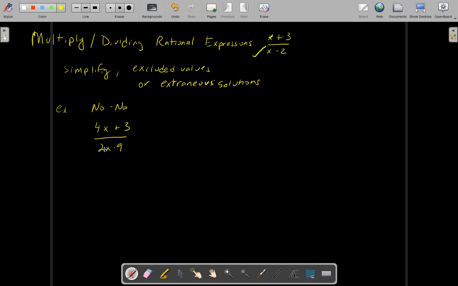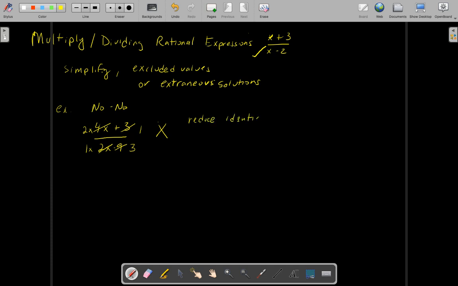probably would see 4x and 2x. I'm like, oh man, 4 divided by 2 is going to be 2. So I can reduce this to 2x, and I can reduce this to 1x. Okay, and if I look at this, I got 3 and 9. Those go into each other, so I can reduce this to 1 and this to 3. Unfortunately, you cannot do that. This is wrong. Okay, and the reason why is because when you're reducing, you need to reduce